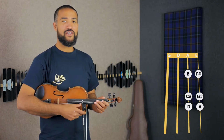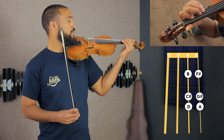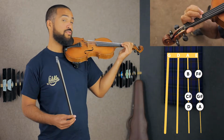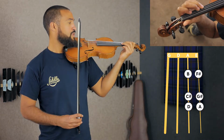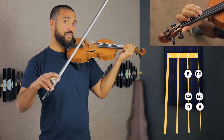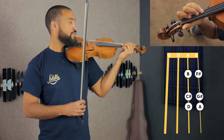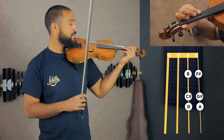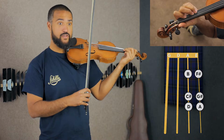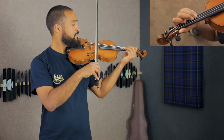So A major has the second and third fingers close together, both on the A and the E string. So that's the primary finger position, as you can see. We're going to start with a crotchet at the top, and as we come back to finish on that A, that will also be a crotchet. Okay, so I'm going to count you in quavers. 1, 2, 3, 4, and...